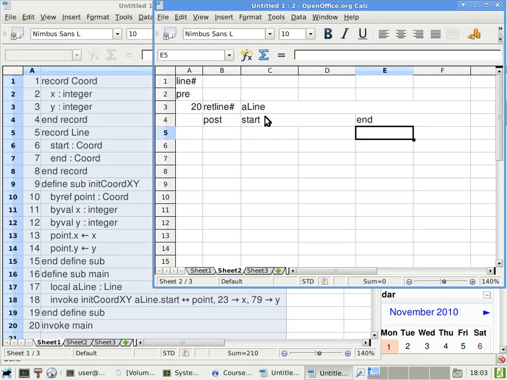End, because that's the name of the second component of a line. Within the start component of a line, we have two subcomponents. One is called x, and the other one is called y, and the same applies to the end. Okay. So, do we have any questions about how column C to column F are set up, and why I